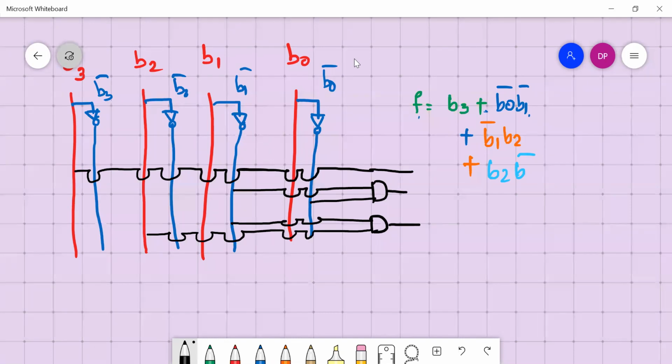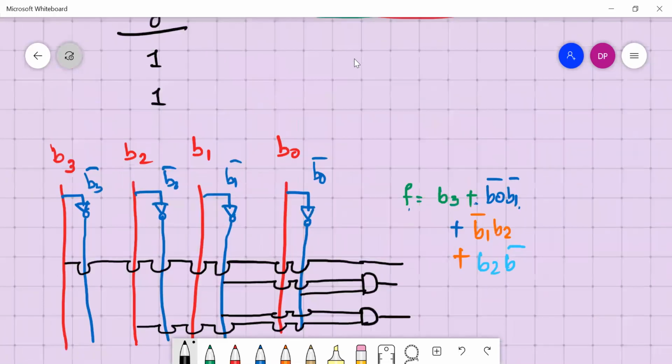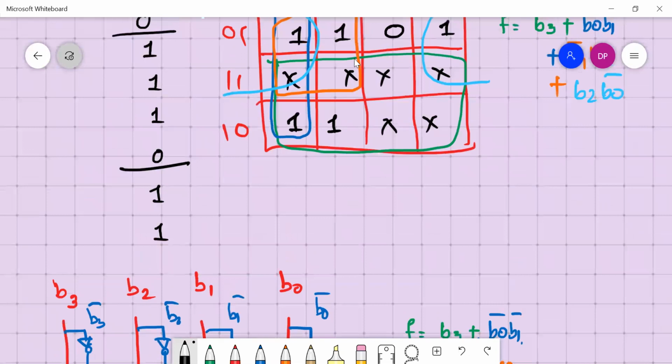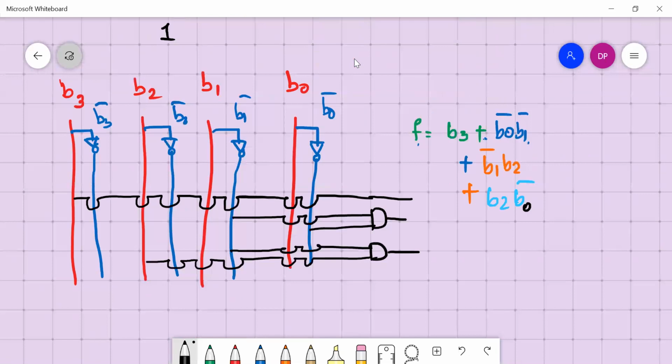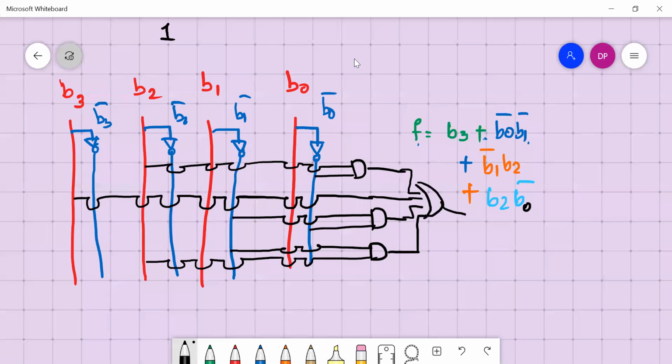Then B2 and B0 complement, you have B2. And now all these 4 terms we take OR. The OR of these will give us F. Similarly, you have to draw it for A, B, C, D up to G.